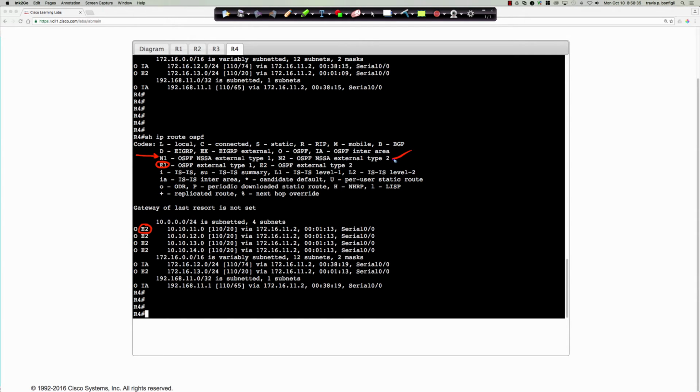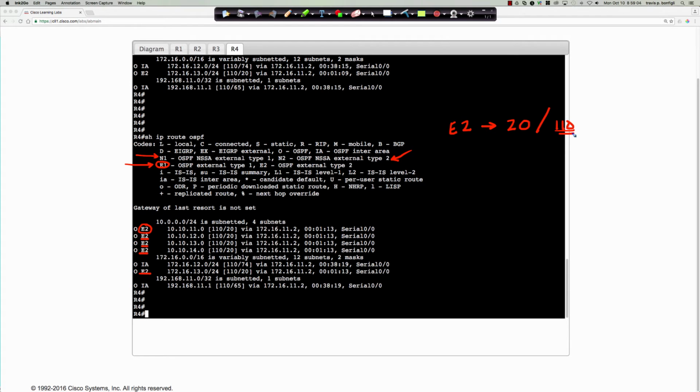When things are being redistributed into a non-stub OSPF area, they are going to show up by default as OE2. And so what does that mean? Well, E2 means that it's going to go in with a seed metric of 20,